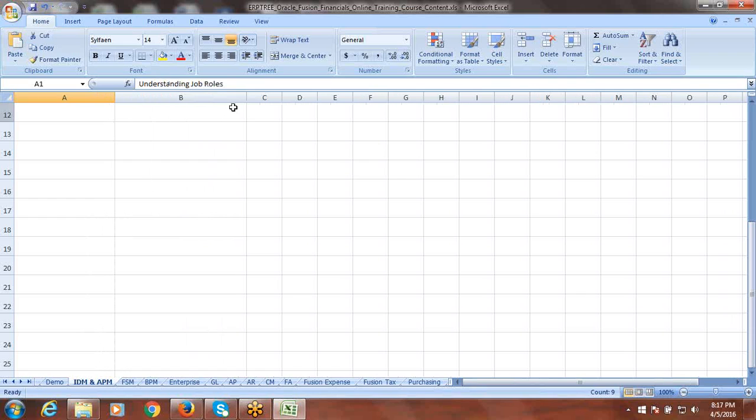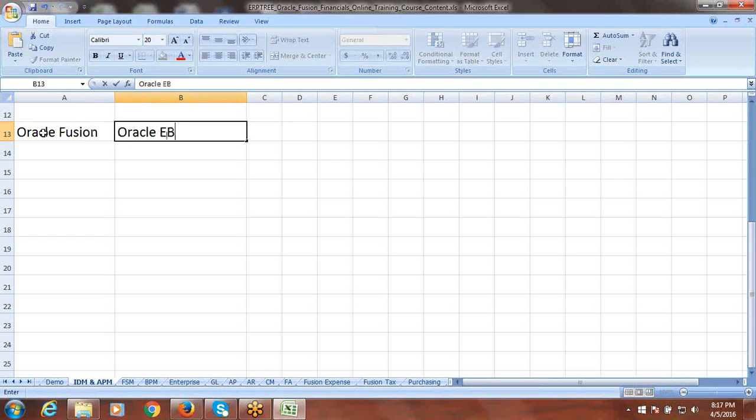I'll take here Oracle Fusion, Oracle EBS. Or else let me take in reverse. First EBS, Oracle EBS, and Oracle Fusion. So we know very well, like in EBS, if any user needs access for any function, the user